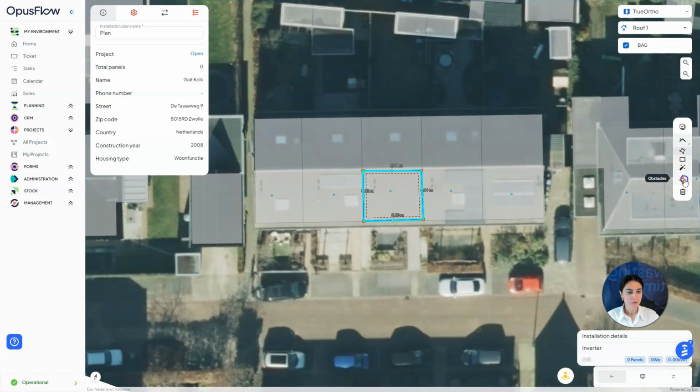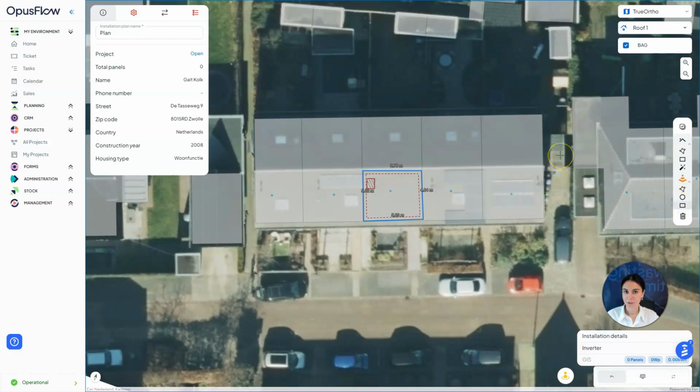For adding obstacles, you have also three options: freehand, circular obstacles, and rectangular obstacle. I can see that I have a rectangular obstacle over here, and I just need to draw the obstacle like this, and here I have the obstacle. If you draw obstacles outside of the roof that you have drawn, nothing will happen actually. And if you have a rectangular obstacle, you can do it the same.